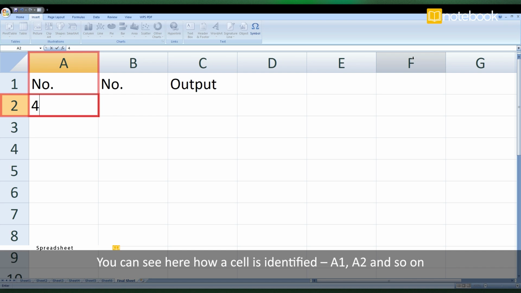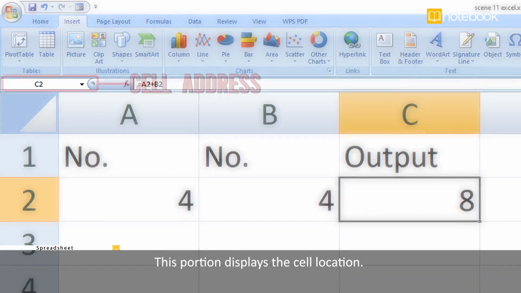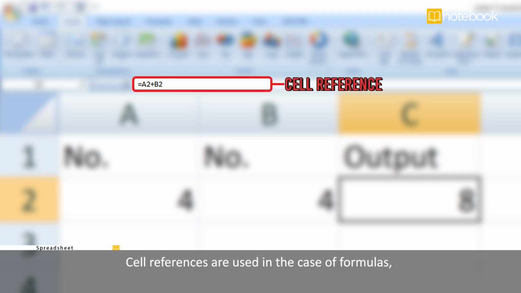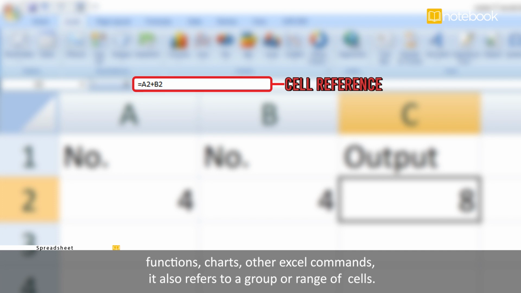You can see here how a cell is identified: A1, A2, and so on. This portion displays the cell location. Cell references are used in the case of formulas, functions, charts, and other Excel commands. It is also referred to as a group or range of cells.